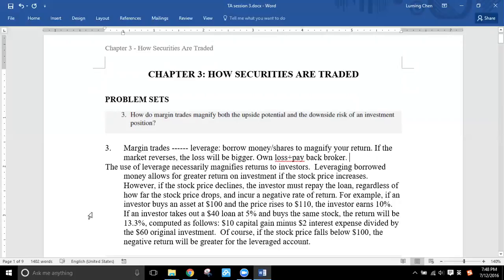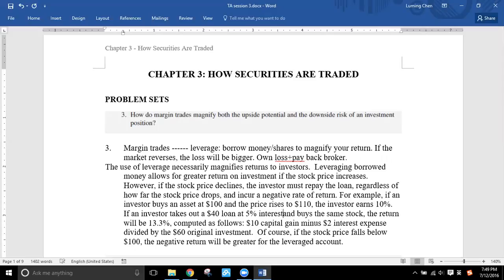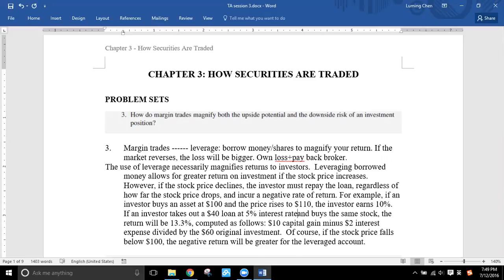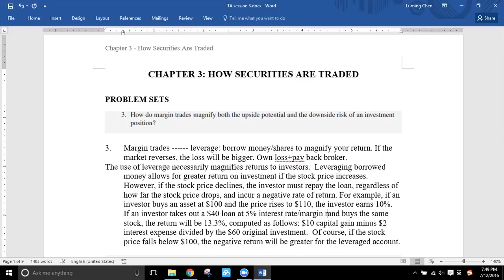For example, if an investor buys an asset at $100 and the price rises to 110, the return would be 10%. If he or she takes out a $40 loan at 5% interest rate, or we can call it margin rate, and buys the same stock, the return will be